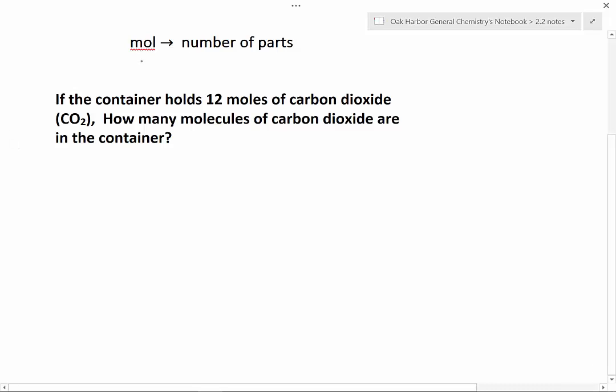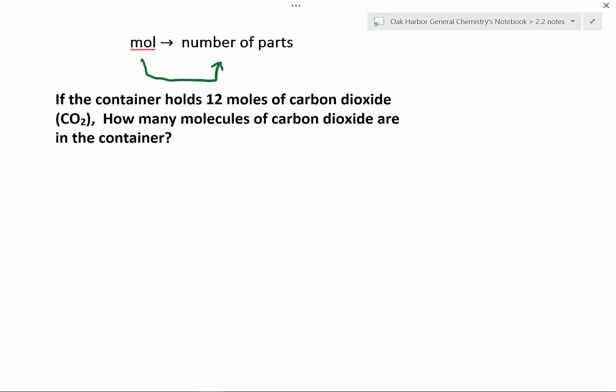We're going to be calculating from moles of a substance to how many things are there. In this case, we're talking about molecules. The problem could be atoms or something like that as well. So here's our problem. If the container holds 12 moles of carbon dioxide, how many molecules of carbon dioxide are